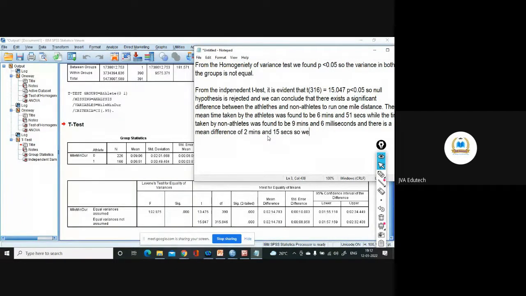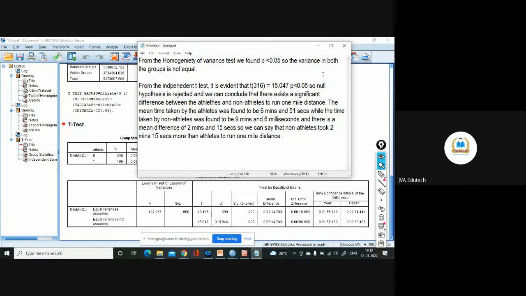So we can say that non-athletes take 2 minutes 15 seconds more than athletes. Clear this interpretation? Yes, sir.